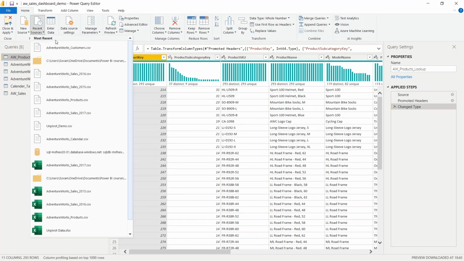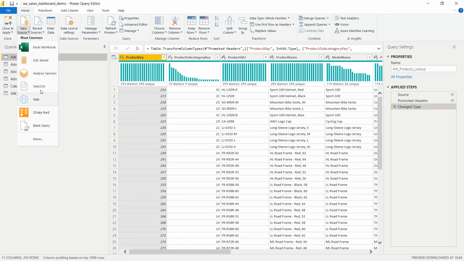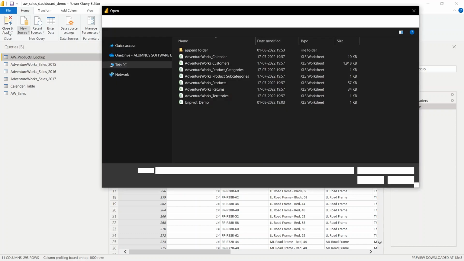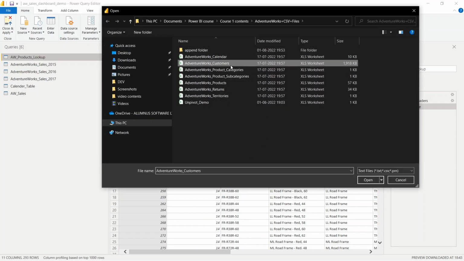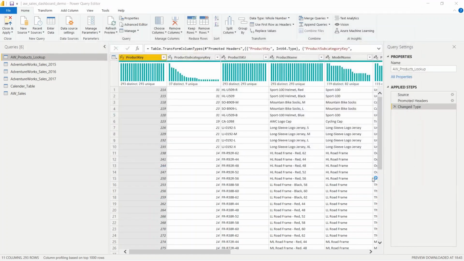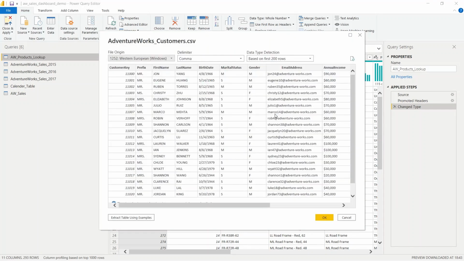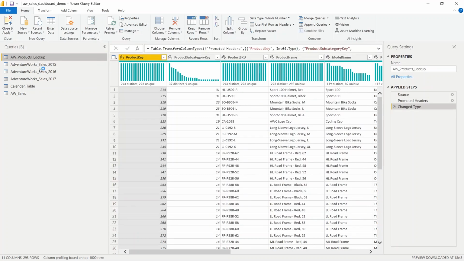Okay, we need another data. So I will go to Text/CSV from this new source, and I will take the customers data. This is also another lookup table. Let me quickly show you the data. So here we have all the customer information, as you can see, last name, birth date, etc. Email address we have, and we have this thing. So I will just click on OK,